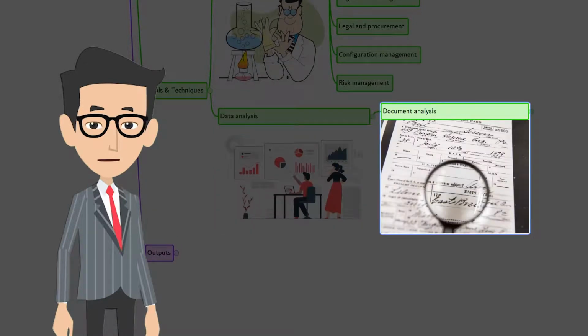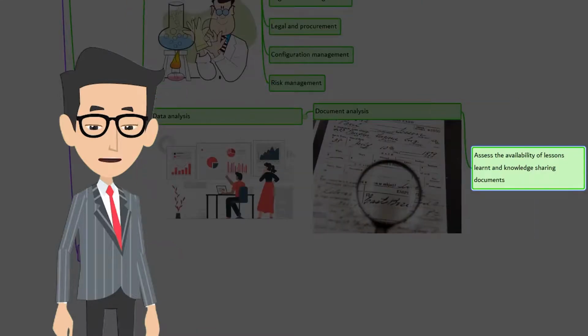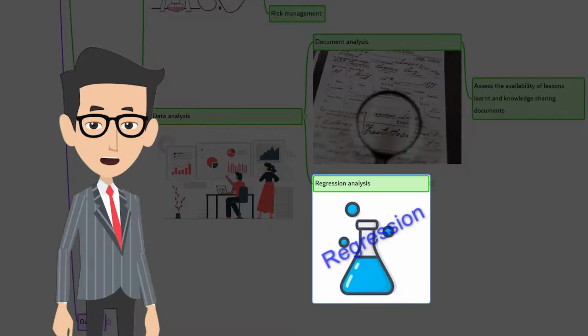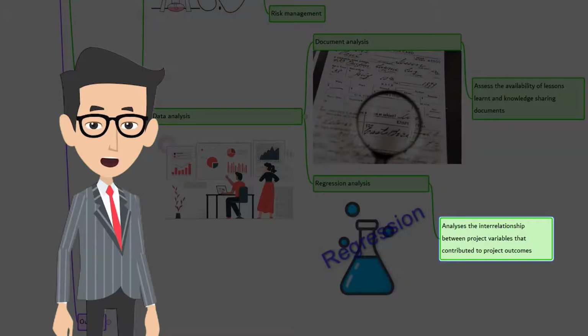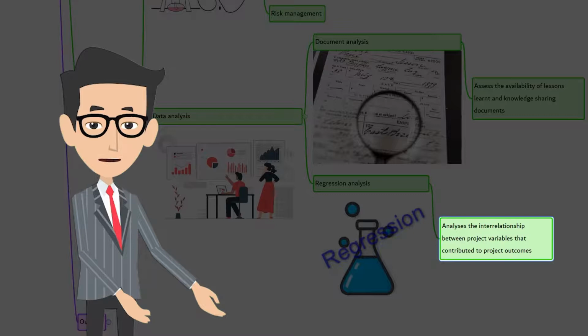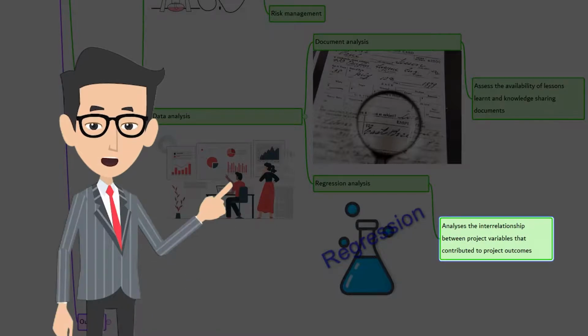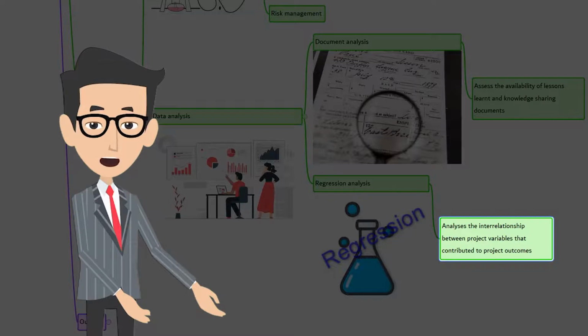The first one is document analysis. Assessing available documentation will allow identifying lessons learned and knowledge sharing for future projects and also for organizational assets improvements. Regression analysis. This technique analyzes the interrelationship between different project variables that contributed to the project outcome to improve performance